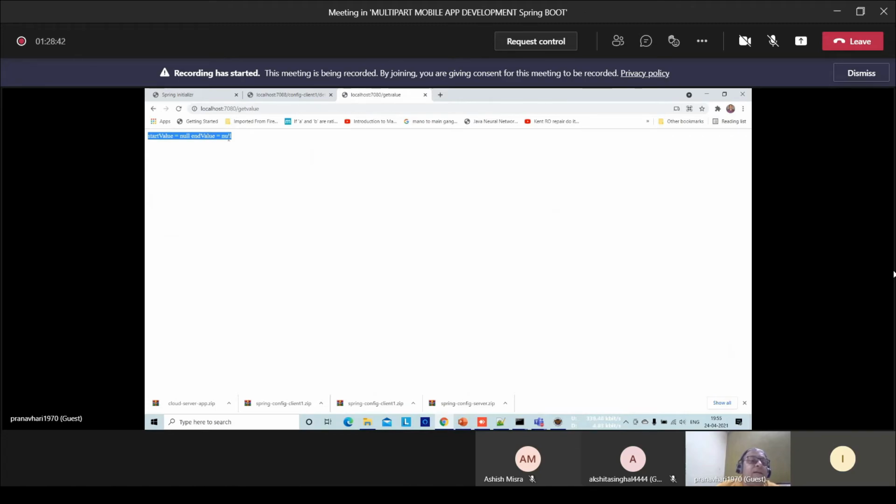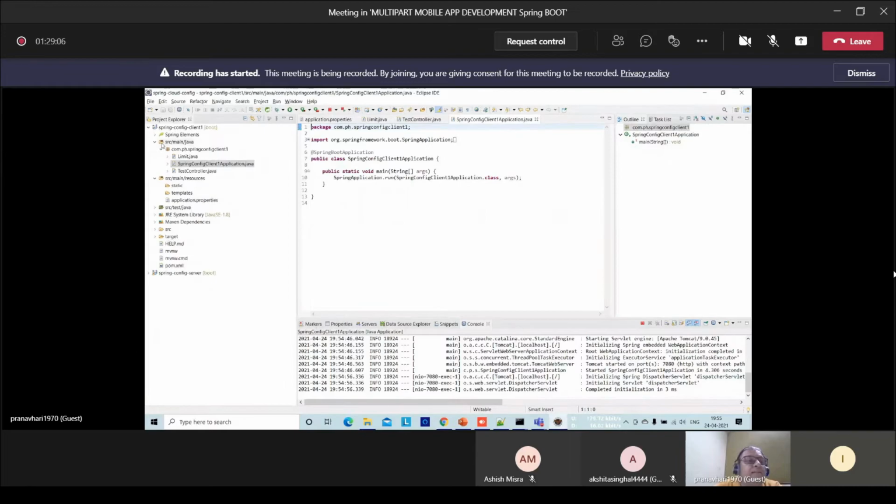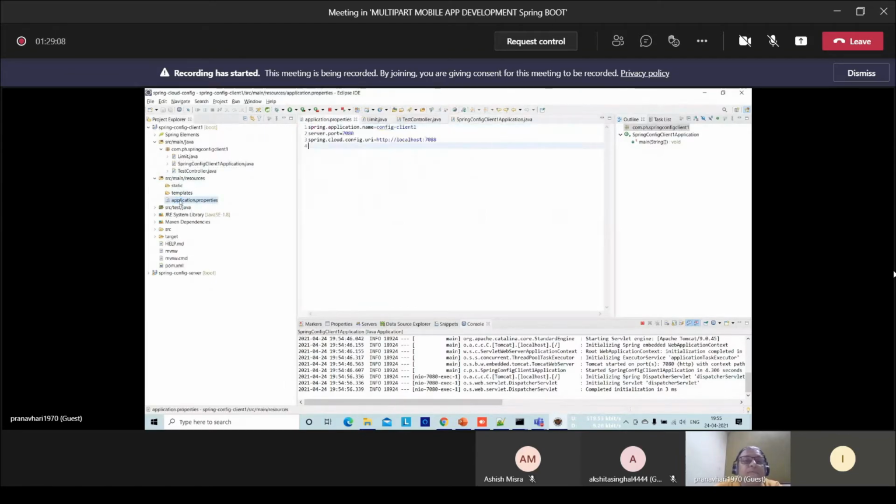Okay, the values are not coming, but the keys are right: start value and end value. Who is doing this reading work? When the server is executed, you will see the property file; in this property file we are saying that the URI of the cloud server is this.